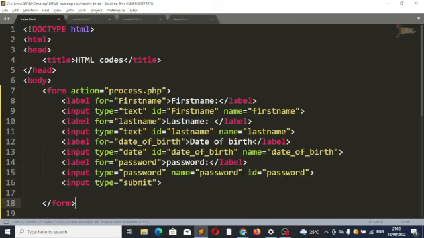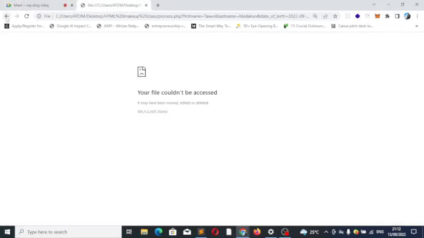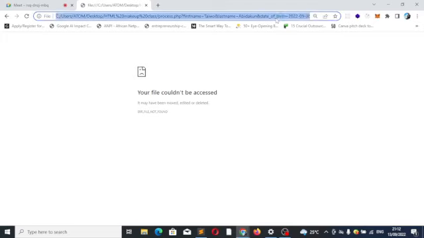I will fill this form again and submit it. So go back to the browser and fill the form again. So we now have the space for password. Let's fill. Input type password is not going to display it, so you don't know what I typed here. I'll submit the form. Now, if you go to the top of this page, can you see that the password I typed was actually 1, 2, 3, 4, 5, 6, 7, 8? Meaning that anybody at my back might see what is typed here,